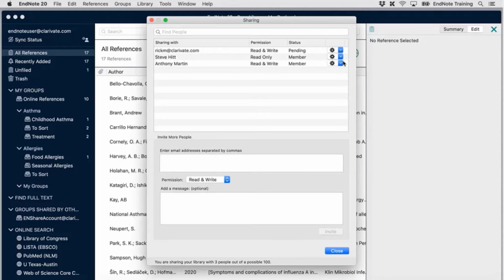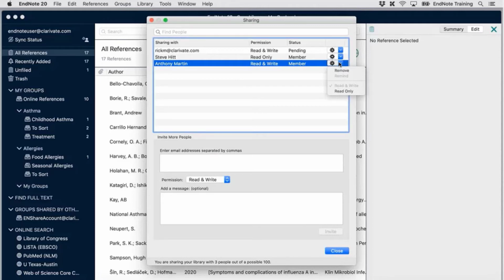At any time, even after someone accepts a sharing invitation, you can come to the screen here and click the little menu next to the gear displayed next to each one of the sharees. You can remove someone at any point, even if they've accepted the invitation. If someone's no longer a member of your sharing team, you can remove them. That will generate an email alert just to let the person know that they no longer have access to that